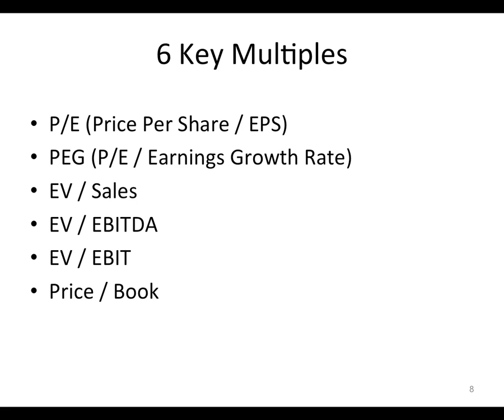A price to book of 1 means the equity that I put in is worth exactly $1, which means my company's NPV is 0, which means I have 0 spread. A price to book above 1 means my company's NPV is positive, which means I have a positive spread. Price to book below 1 means that I have a negative spread. So price to book is the cleanest ratio for spread. PEG is ROIC.